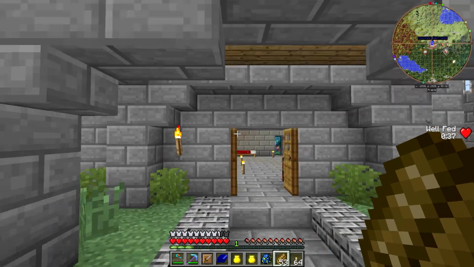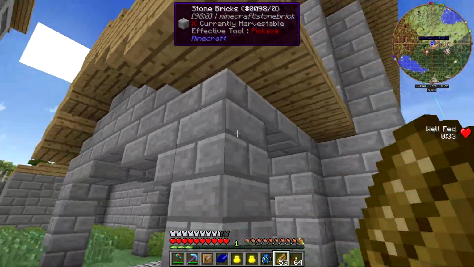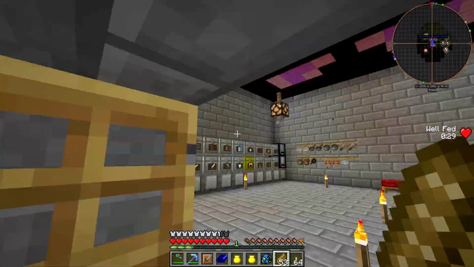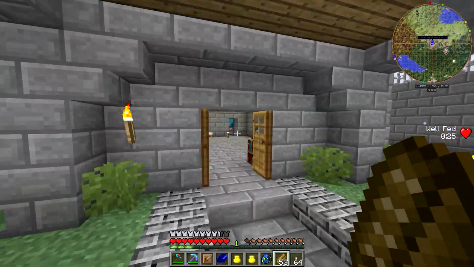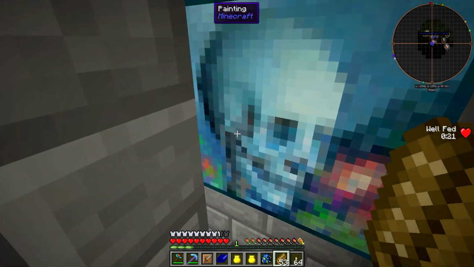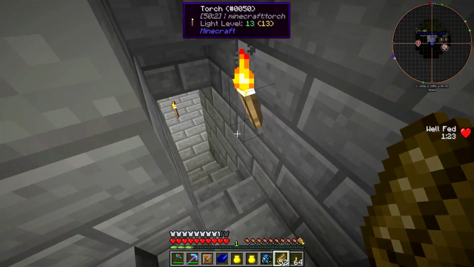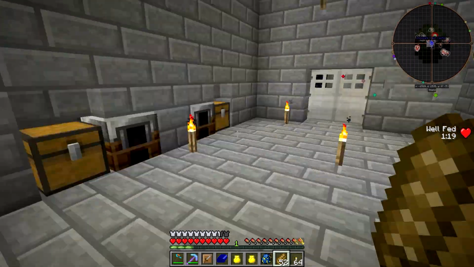So, I added this little front area entranceway to the castle because it was looking pretty dirt before, and it still could use a little bit of work, but it definitely is a big improvement over what was there. I died a few times in the live stream doing some exploration, and most importantly, if we come down here to the basement, I built